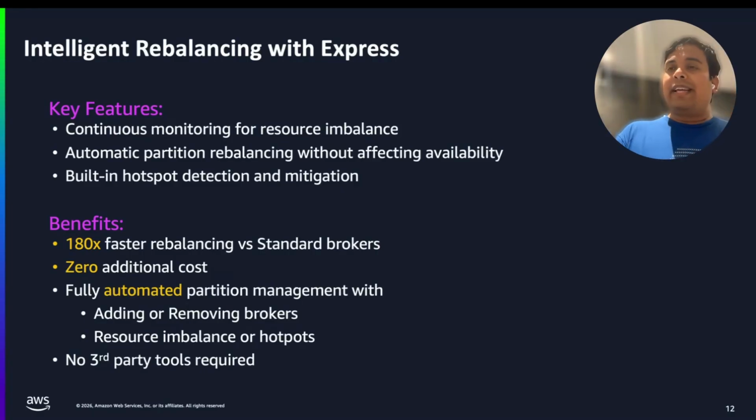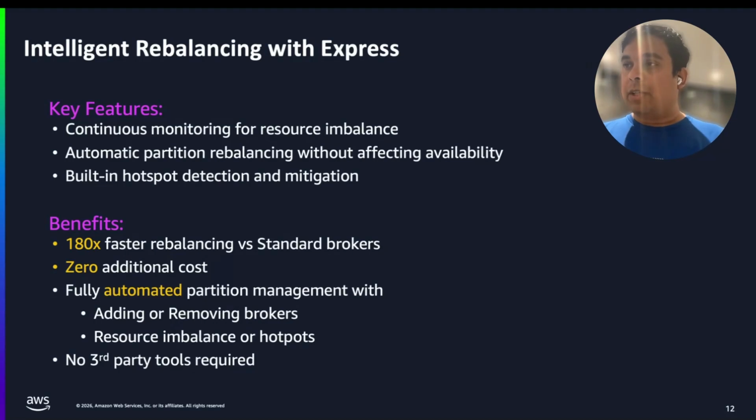Secondly, scaling out is a two-phase operation. Think about it: first, you need to add brokers to the Kafka clusters, but you also need to do a partition rebalancing across the newer set of brokers. Automated partition rebalancing will automatically rebalance the partitions across all the new brokers. You don't need to think about it. That means your scaling process becomes much more simplified. If you just scale the number of brokers, the whole cluster will automatically be redistributed. All the partitions in the cluster will be redistributed across the new set of brokers.